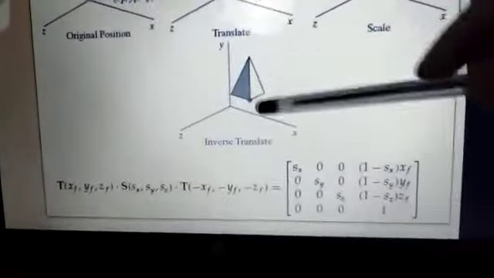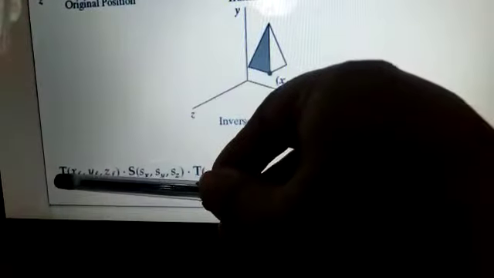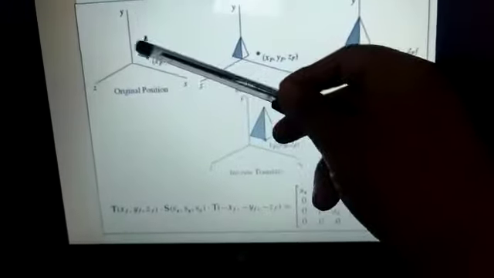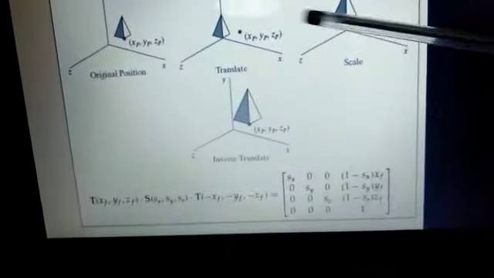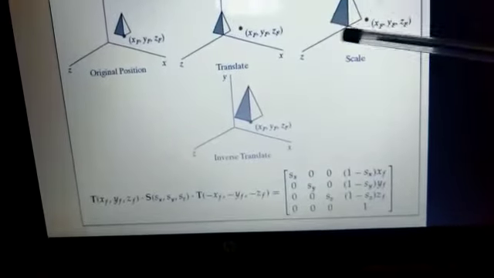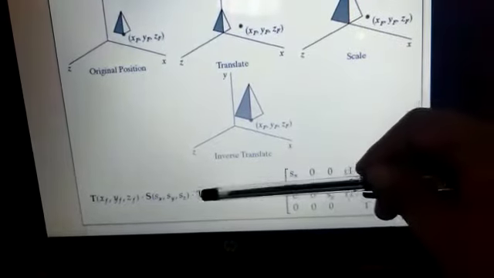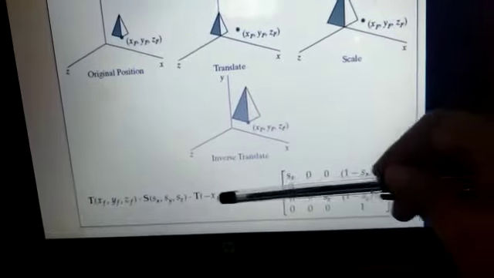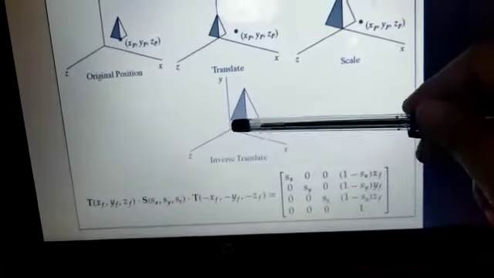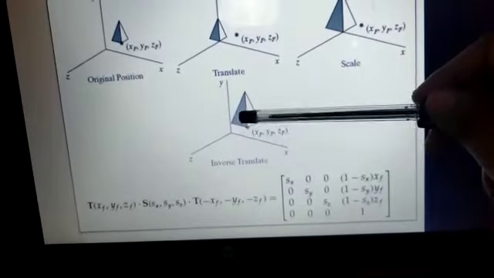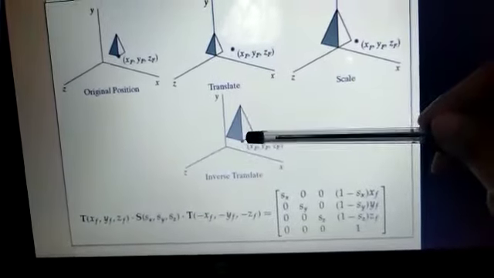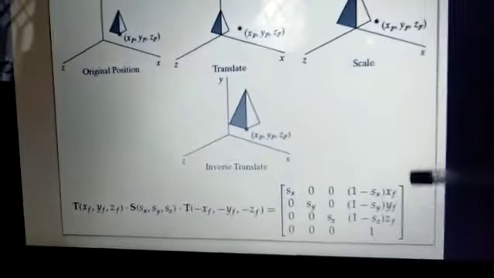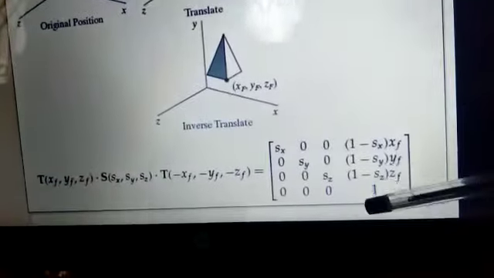So how can we define this operation? First we did the translation, from here to the origin, and then we did the scaling, that is, at the origin we increased the size of that particular object. Then we did the negative translation or inverse translation, that is, from the origin to that bigger object we have once again translated back to the normal position. So how can we proceed with the matrix? The matrix could be given something like this.